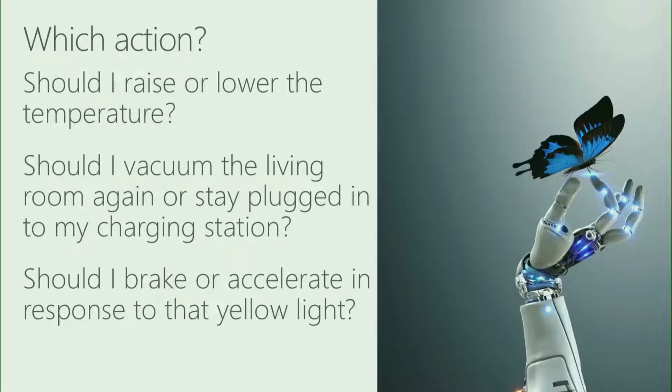So for instance, in an automated temperature control setting, the system has to decide whether to raise or lower it on a regular basis. Or if you have a robot vacuum at home, it has to decide every minute whether it stays plugged in or goes out and vacuums the living room again. Now, these are not all very low consequence applications. Self-driving cars, for instance, have to decide, hey, there's a yellow light. Do I accelerate or do I brake? Now, they don't use an approach like this because trial and error is not an acceptable way to solve that problem. But that's the type of problem that this solves.